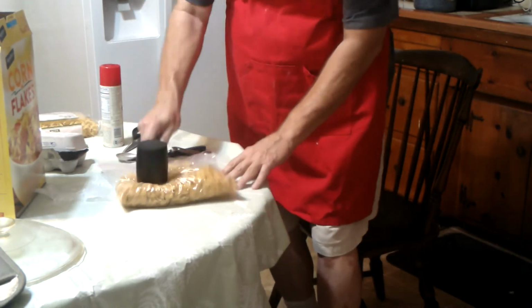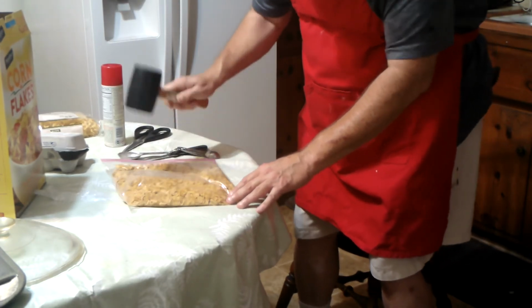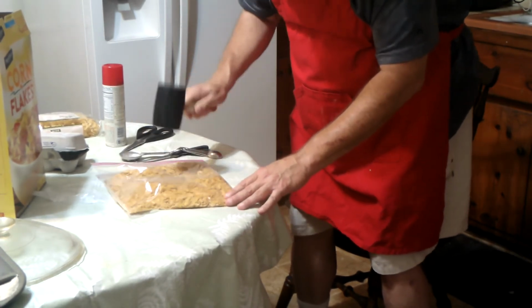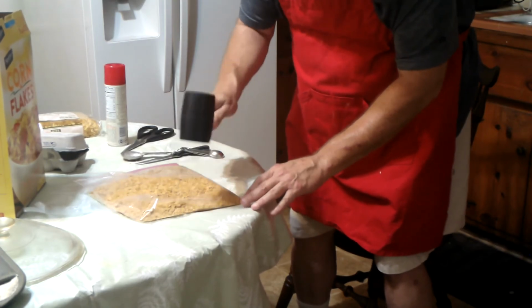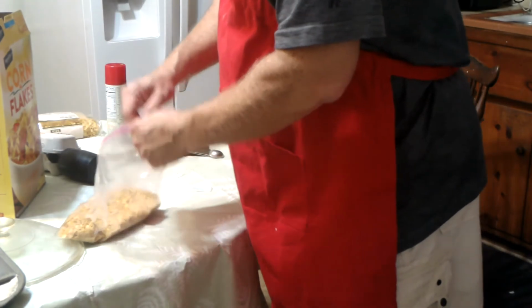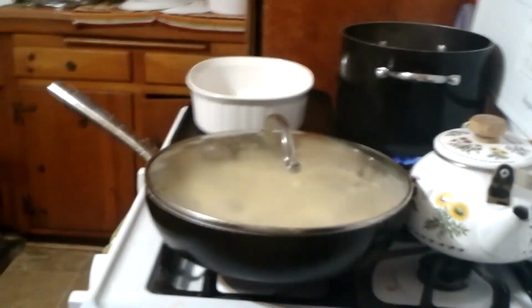And here's where it gets fun. Here's to idiots at work. Here's to the government. Here's to the IRS. Here's to the state of California. Until you've got some very finely crushed cornflakes. Here's what you need to do now. You need to carefully, and I do mean carefully, pour the